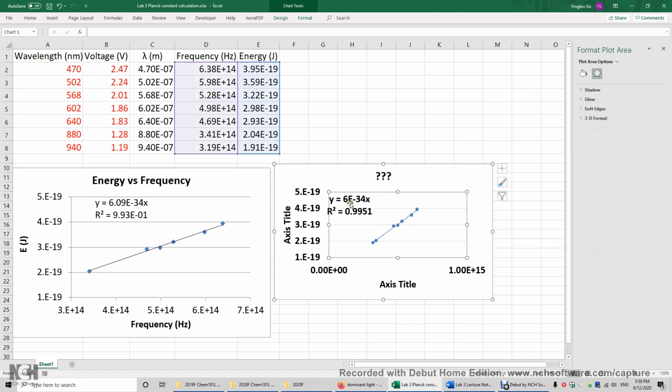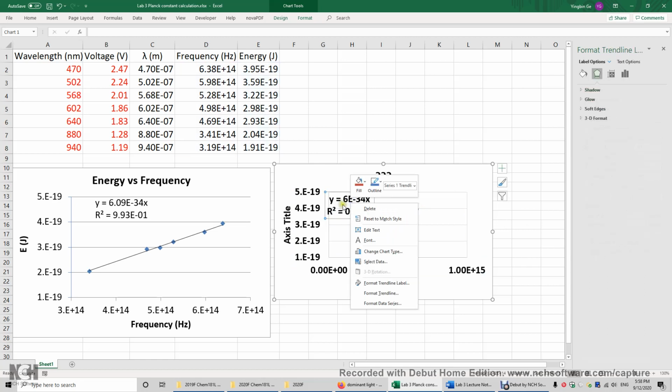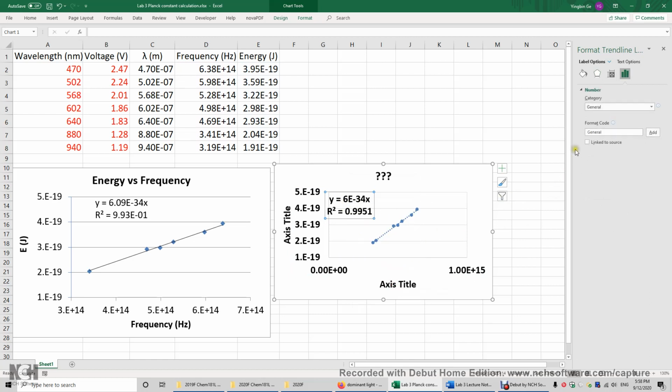Alright, and then right click here, we can format the label. So I'm going to format the label. Let's see. The number, maybe we'll do scientific, okay. And you can specify the number of decimal places as well, all right. And then you change the axis title to energy in joule. The horizontal axis is frequency in hertz, and of course you need to change the title, and then you get